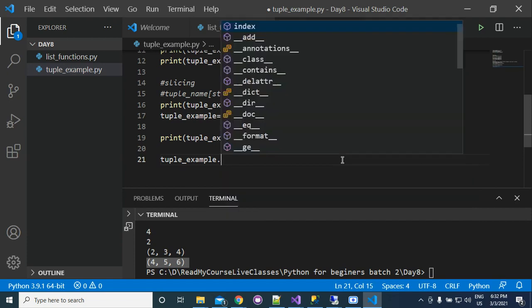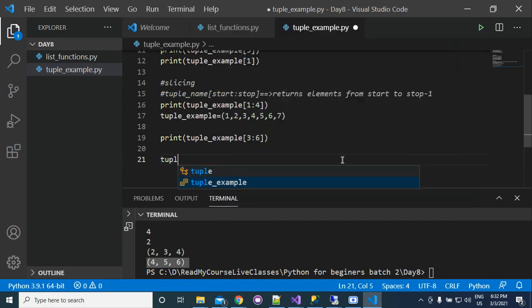These things do not exist. So you cannot mutate a tuple. You cannot add any element. You cannot delete any element. So addition and deletion of elements in a tuple is not supported.